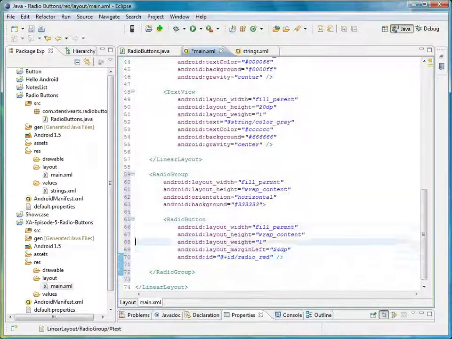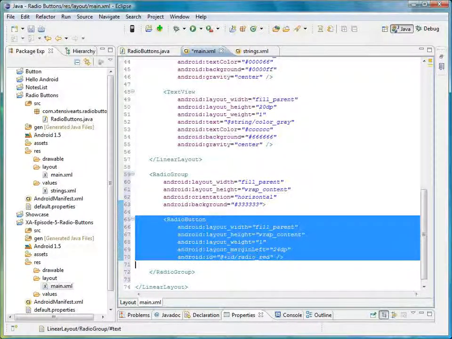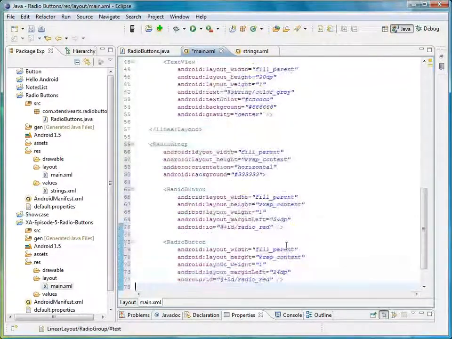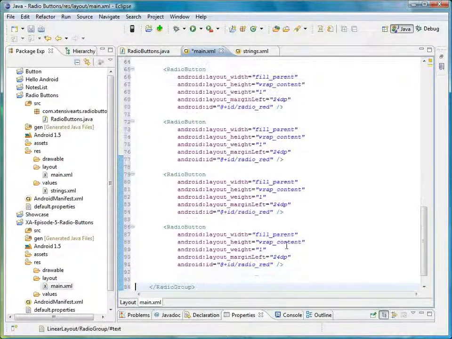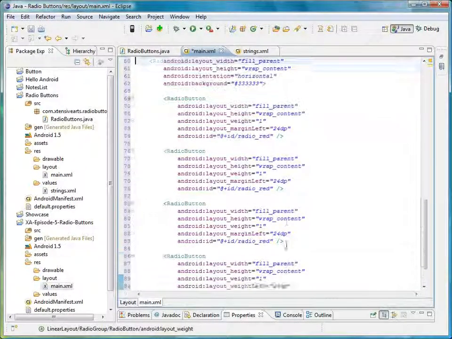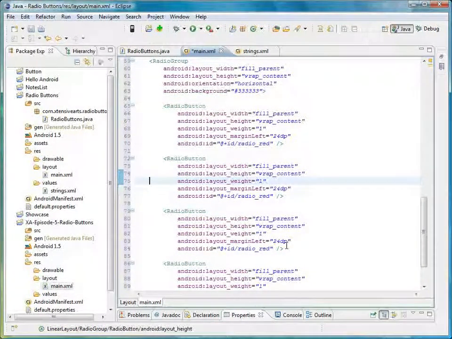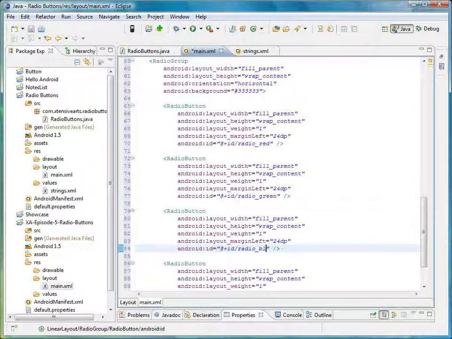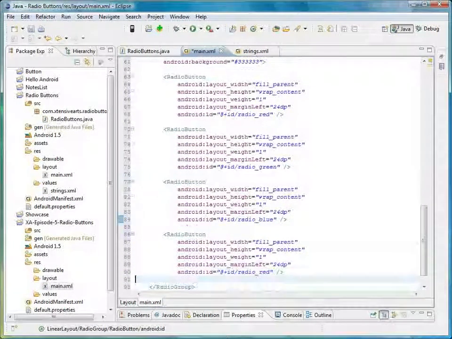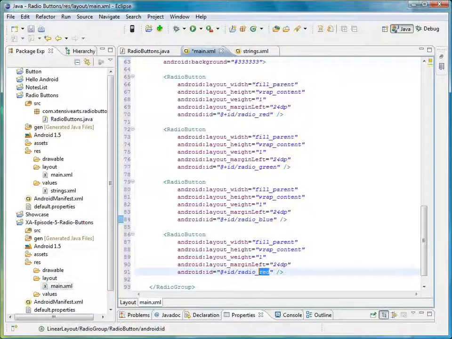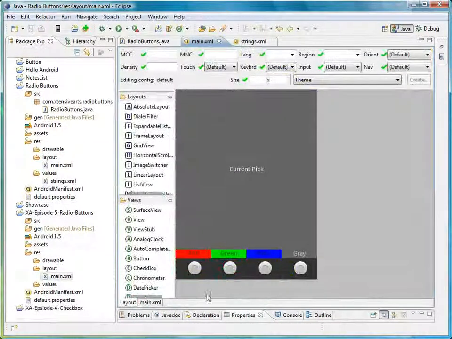And so now I need, again, 3 more, so I'll just copy that and paste it in 3 times. All right, and then I'll make my modifications. So the second radio button will get the ID radio green, and the third one is radio blue, and the last one is actually radio gray. All right, so you can save that, and now if you switch over, you can actually see that we have